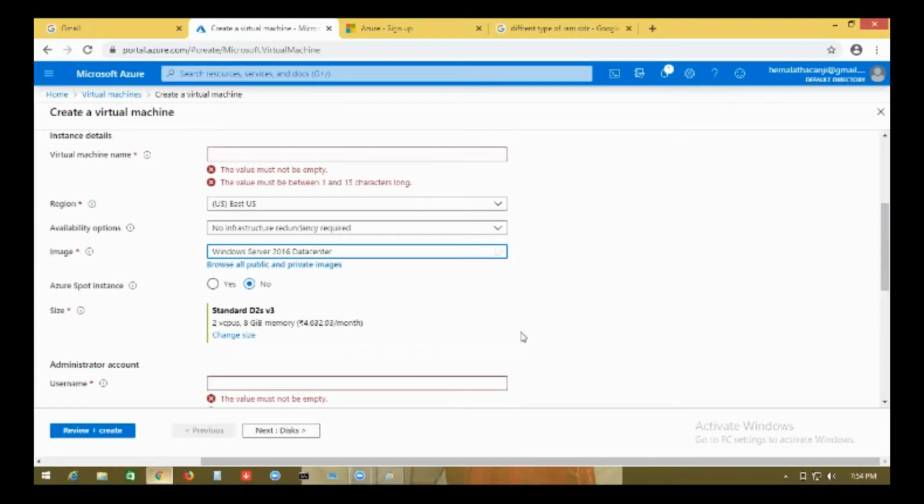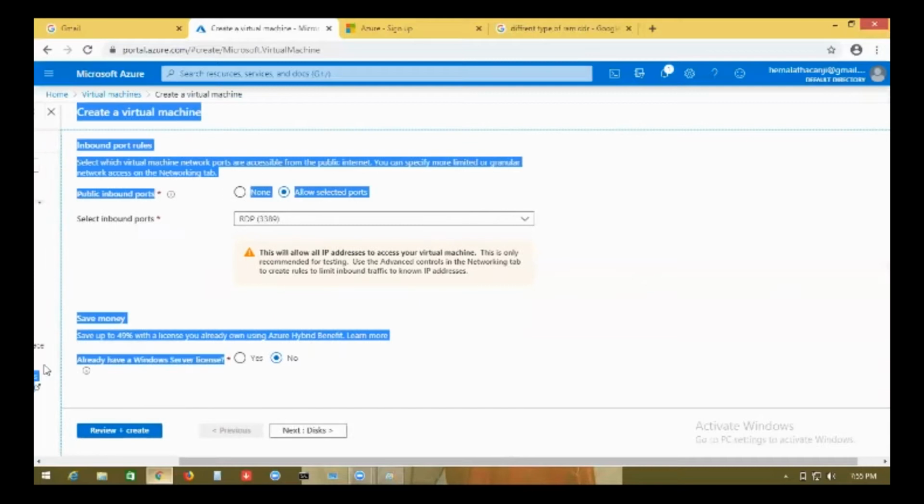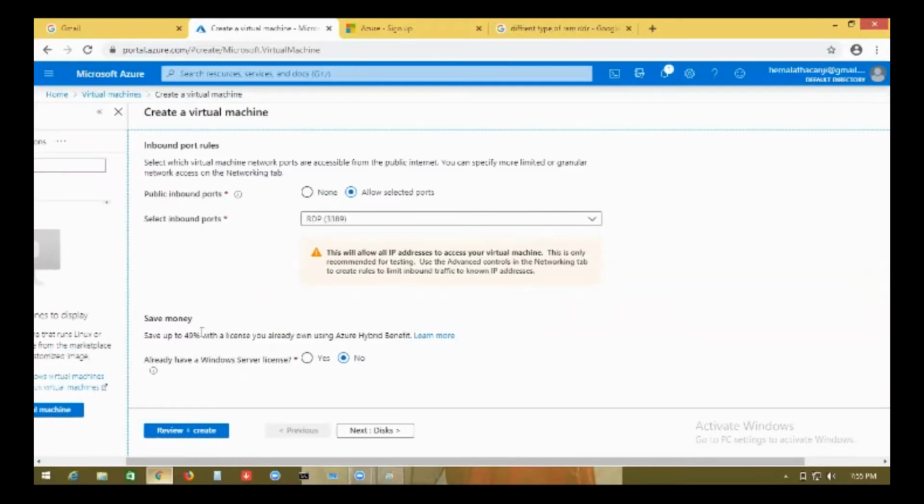It's a Microsoft product, right? When you scroll down, just look here: Already have a Windows Server license? If yes, then I will give you a 49% discount. So you don't have to pay me 1 lakh, you have to pay me only 50,000.